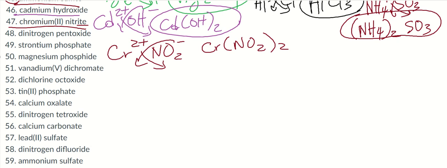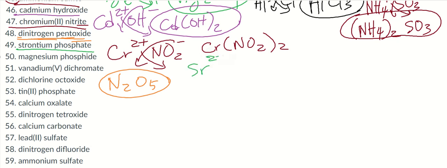Where are we at? Let's use orange. Aren't you glad we're going over this? All right, non-metal, so use the prefixes. Di means 2, so there are 2 nitrogens, and pent means 5, so there we go. All right, it's an ionic compound,